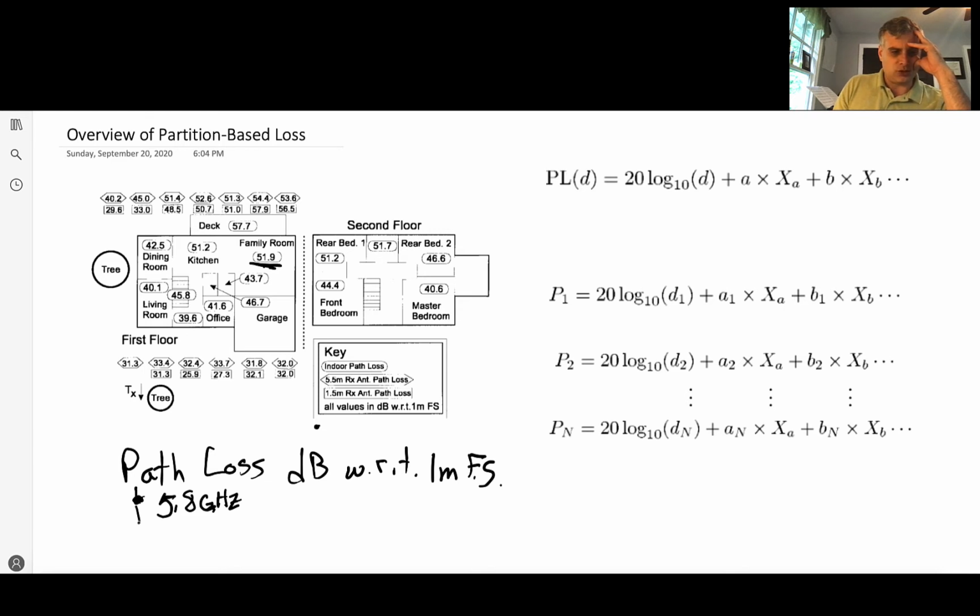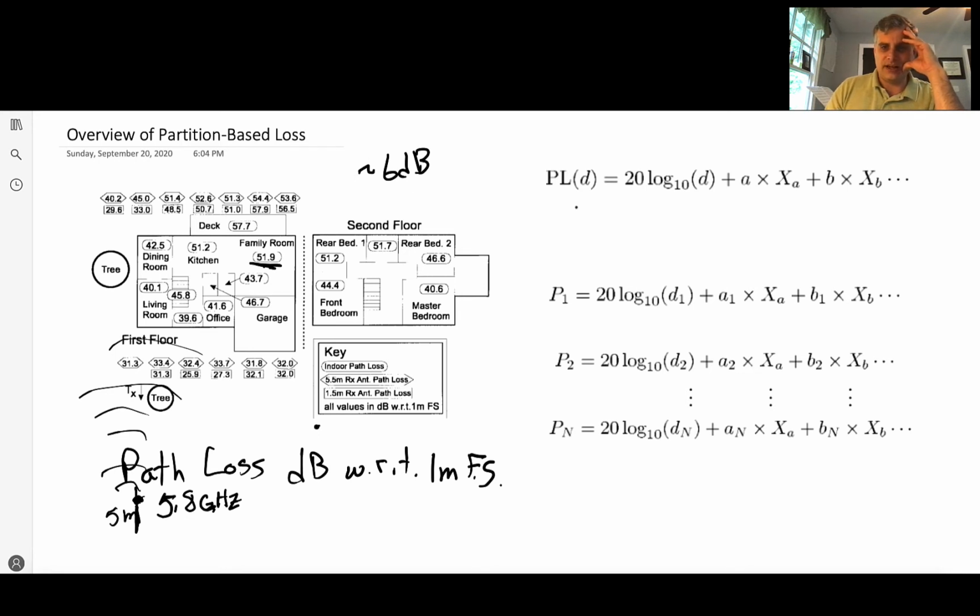So I have a transmitter, and it's on a utility pole top, about 5 meters high. We're seeing how much power can we get into a home. Maybe you want to distribute wireless internet from the curbside or from your neighborhood base station. So let's take a look at what this is. Well, we could do a path loss exponent here and get one parameter that kind of captures everything. But if we want something that's a little bit more accurate, something that's about 6 dB of standard deviation error,